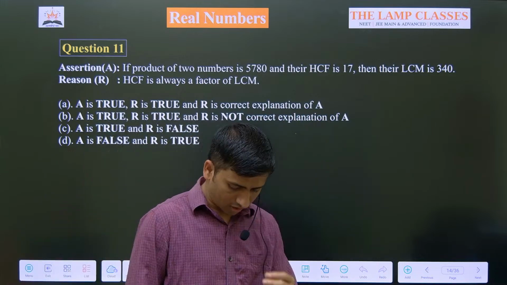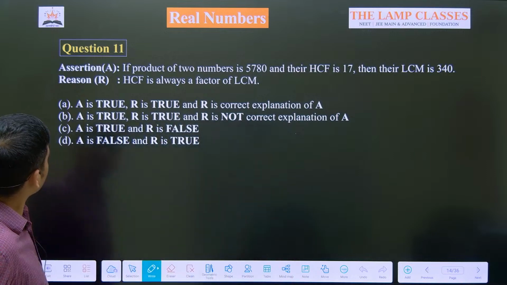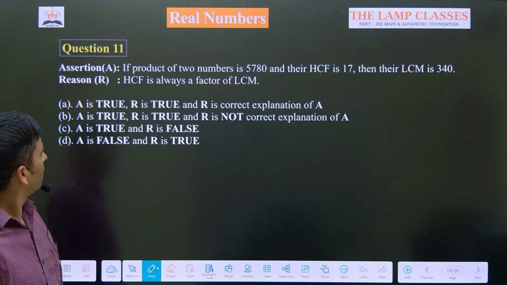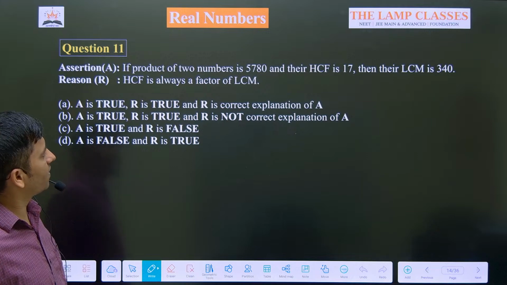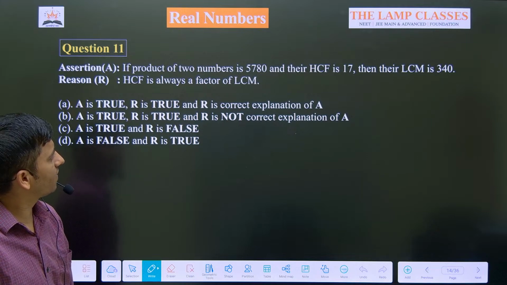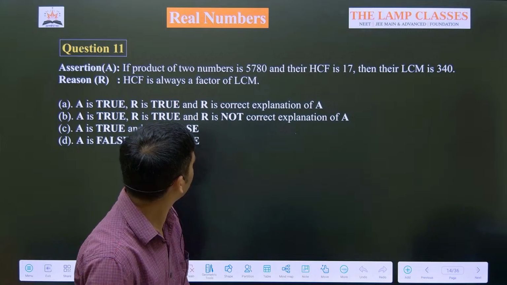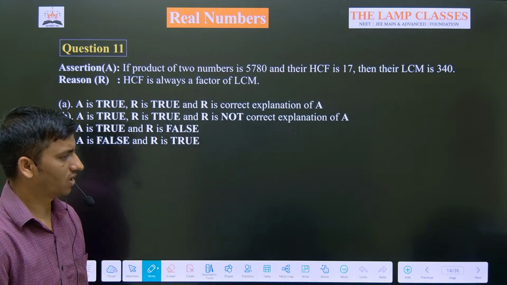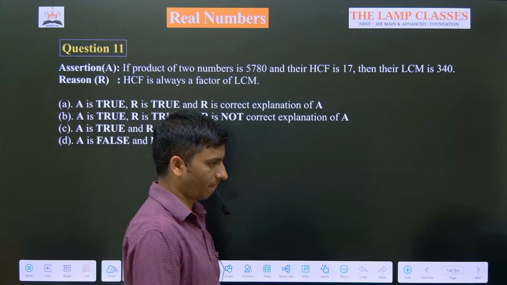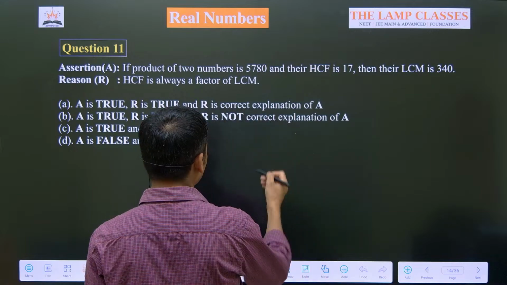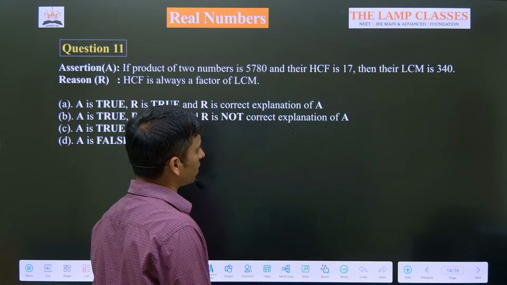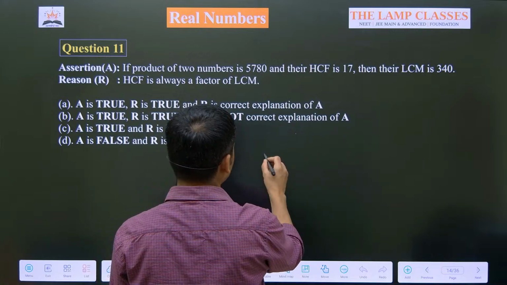So which one is the correct option, guys? Please send the answer now. I hope we have understood that now. If the product of two numbers is 5780 and their HCF is 17, their LCM will be 340. Right? So we might use that concept. LCM into HCF will be the product of the numbers. LCM is 340